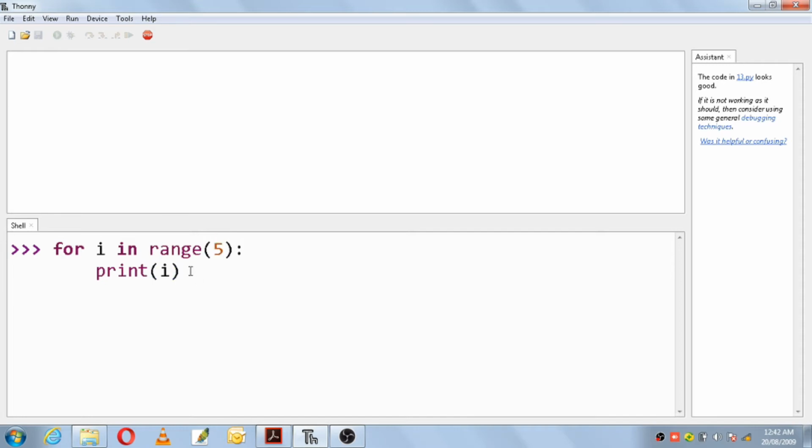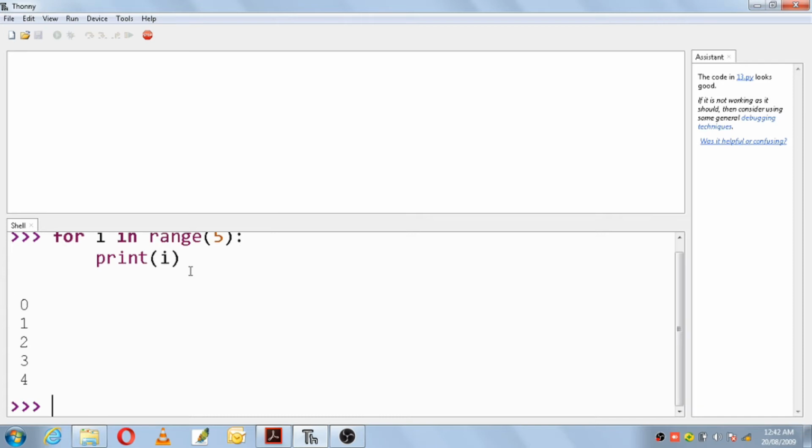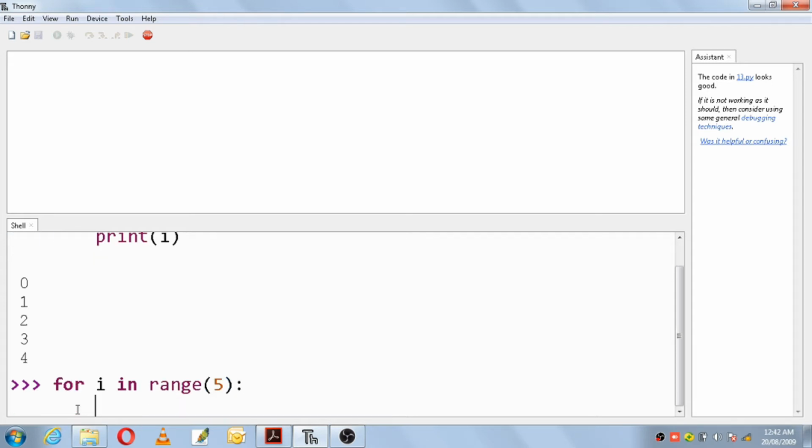Press enter, backspace, enter. You can see here 0, 1, 2, 3, 4. So it has printed the value of i. If you want, you can also print a particular text a number of times, that is for i in range of 5, put a colon, print hi.